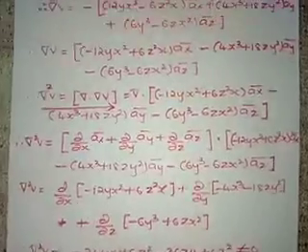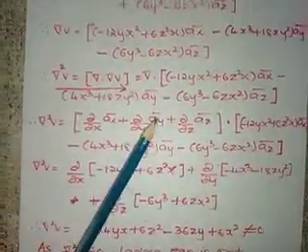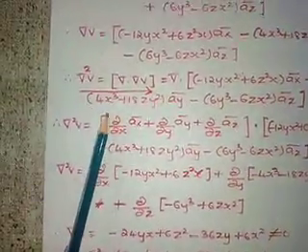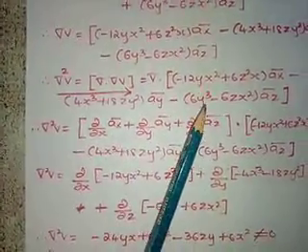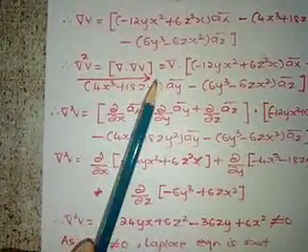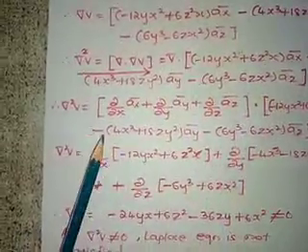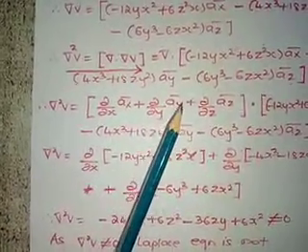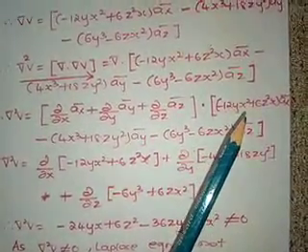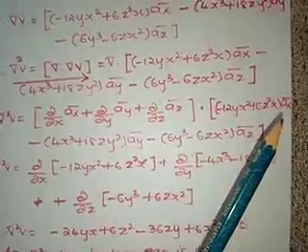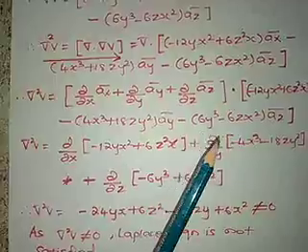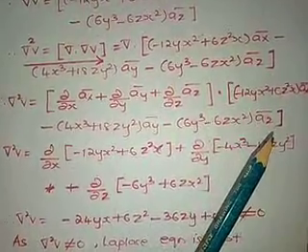So now that is equal to del dot of the del V we already got, so substitute that. Del dot of minus 12yx square plus 6z square x ax bar, minus of 4x cube plus 18zy square ay bar, minus of 6y cube minus 6zx square az bar. So del square V will be equal to del dot this, that is dou by dou x ax bar plus dou by dou y ay bar plus dou by dou z az bar, dot of the equation here.